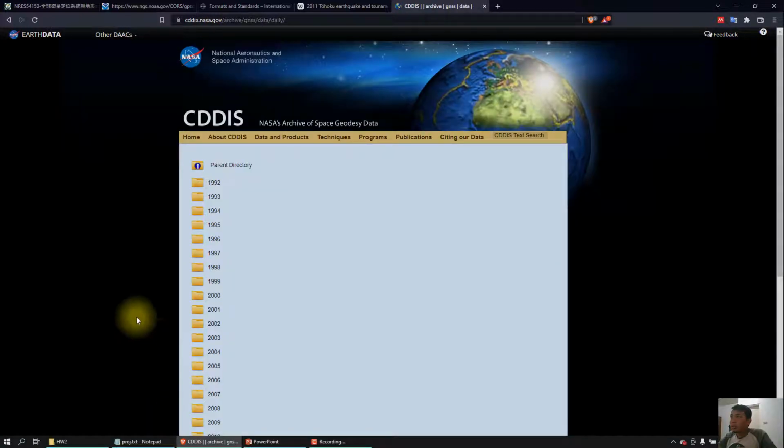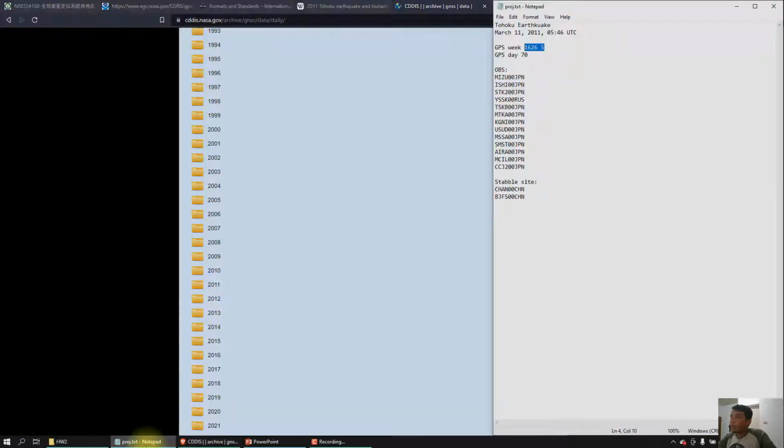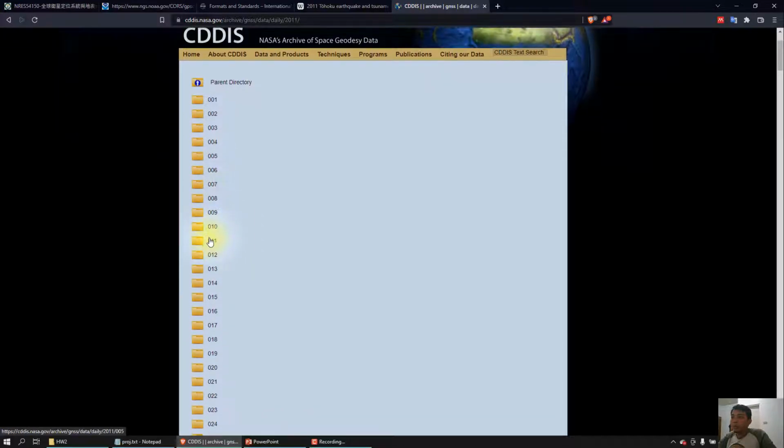So this is the directory of the GPS stations, and we just find the year. The homework mentions 2011, so we choose 2011, and it forwards directly to the days. The first day is 1 January.